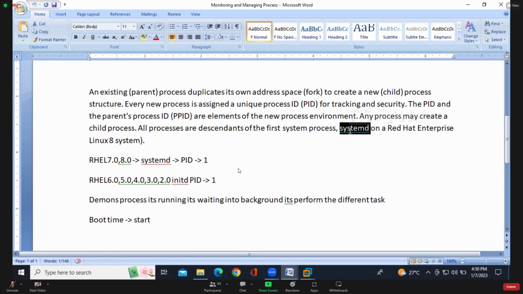From 7.0 onwards, they introduced the first process in our operating system, that is called systemd. Under systemd, we have the remaining processes. They are descendants of systemd. Descendants means